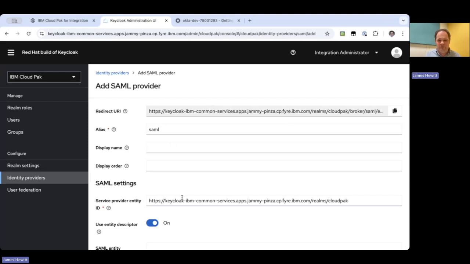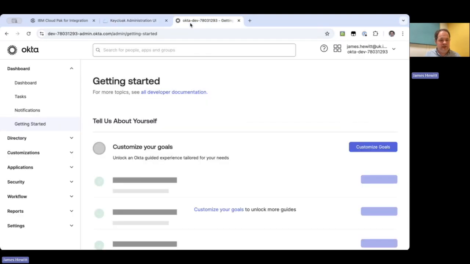And there are a couple of bits of information in here that we need to give to Okta to configure the application so that it can be used with the Cloud Pak. So the first thing I'm going to do is quickly give it an alias, and the reason I want to do that first is that alias then appears in the redirect URIs and things, so I need to make sure that's correct when it gets to the Okta side. So I'm just going to copy that redirect URI because I know I'm going to need it, and I'm going to go into my Okta console.